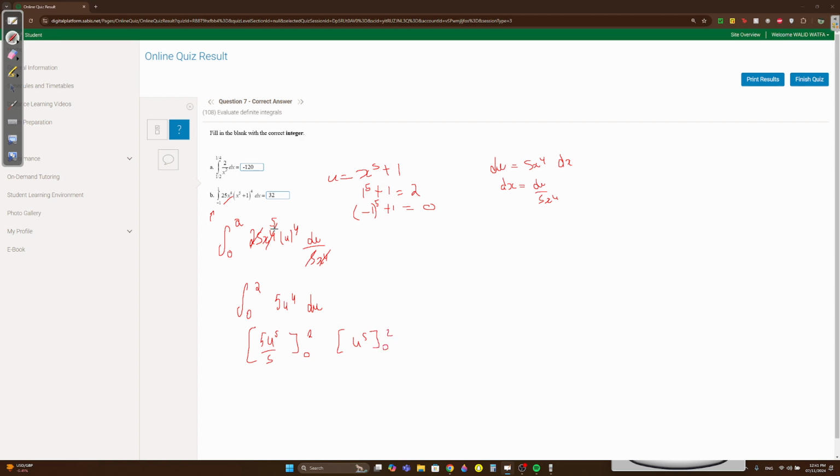And here's the thing, since you're using definite integration, you don't have to change u back to the original x if you want to use these new boundaries. If you want to use the u boundaries, you keep it in terms of u, and you're going to take 2 to the power 5 minus 0 to the power 5, and you're going to get 32. If you want to change it back to x, then forget about all these new boundaries, forget about all of this, okay? And just use the original boundaries minus 1 and 1 and convert the u back to x,